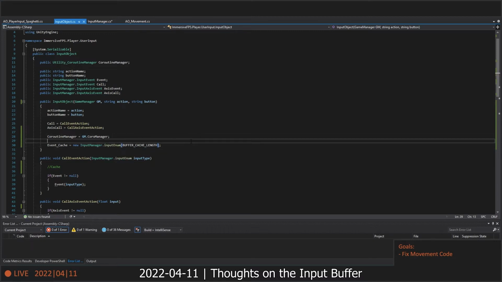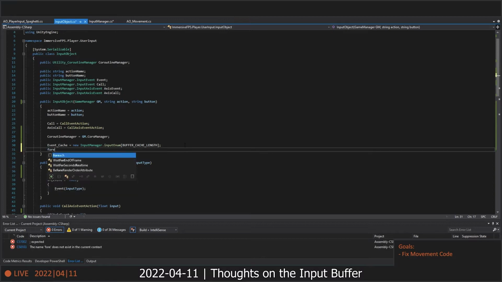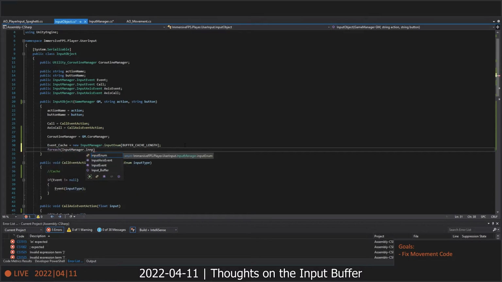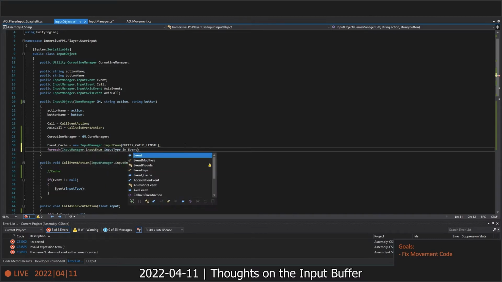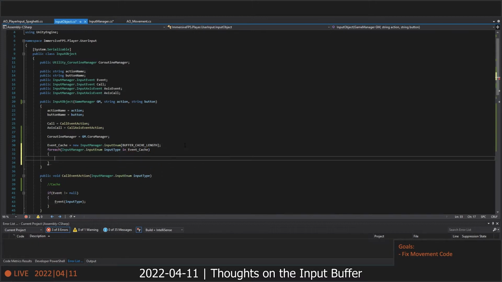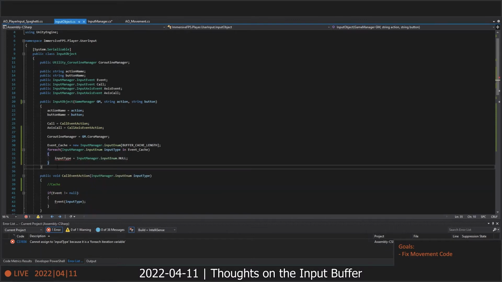An array of that. And then what we'll do is, for each input manager dot input enum input type in event cache, we can say input type equals null, and now they'll default to null. Actually,